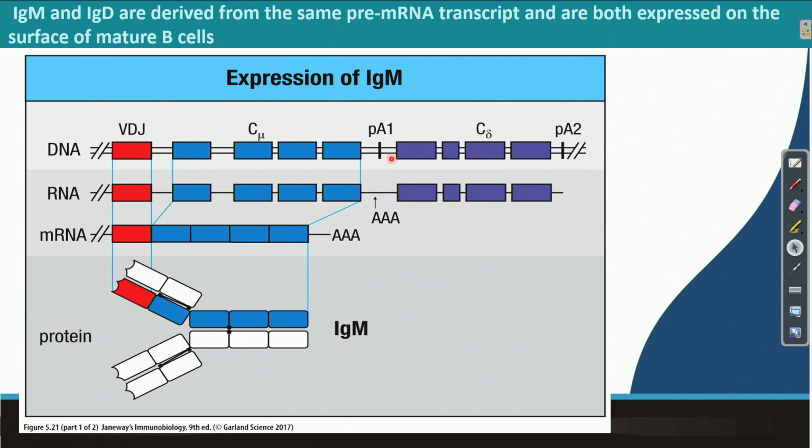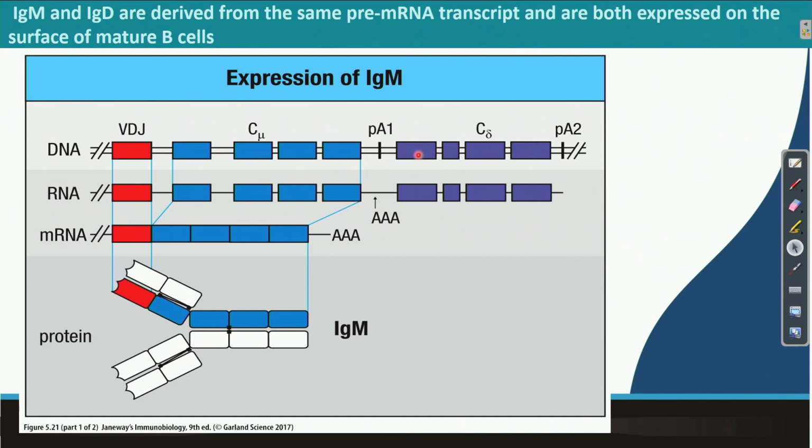PA1 is what? In the eukaryotic system, in every mRNA there is a polyadenylation site. That means poly A has been added to the transcript, and the eukaryotic mRNA contains a poly A tail at the 3' end. So, it needs a signal, a specific site in the genome also. After this C mu there is one poly A signal, and then immediately after that is the C delta